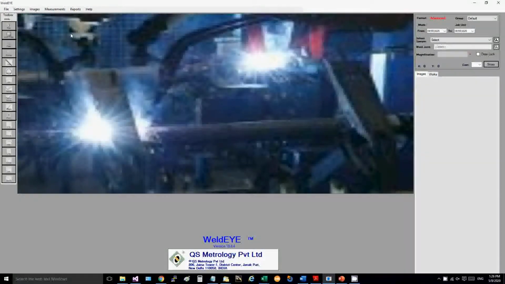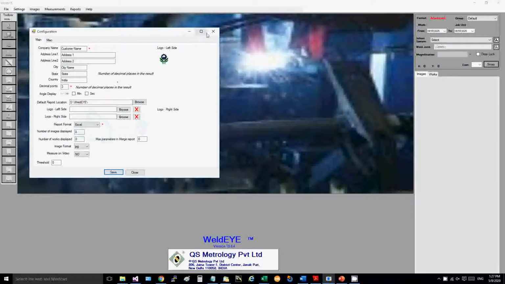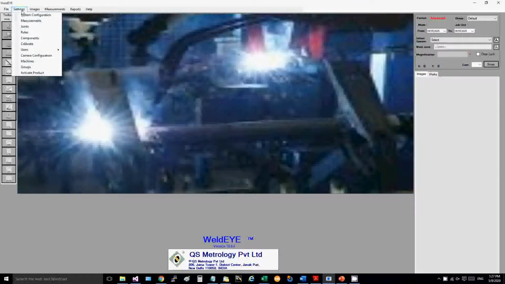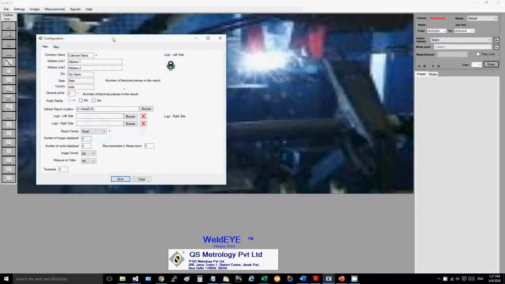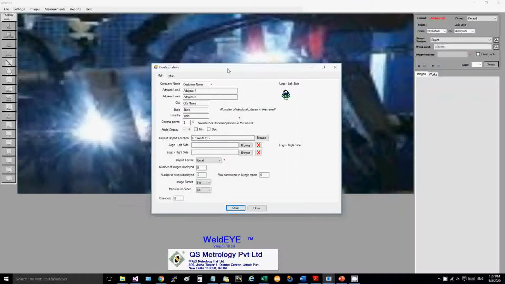In this section, we shall cover the system configuration. This can be accessed through settings, system configuration. System configuration is basically used to set the basic system parameters like your customer name. You can set your name, your address, your city, state, country, and other basic parameters like the number of decimal